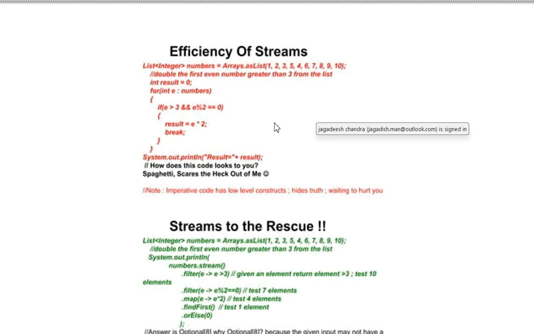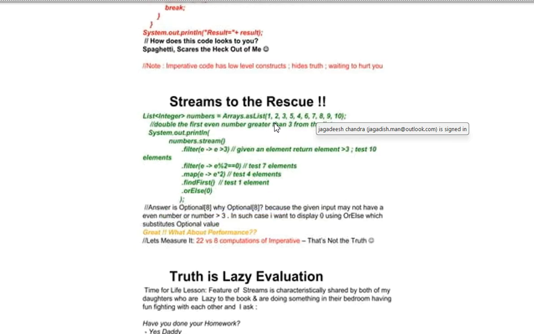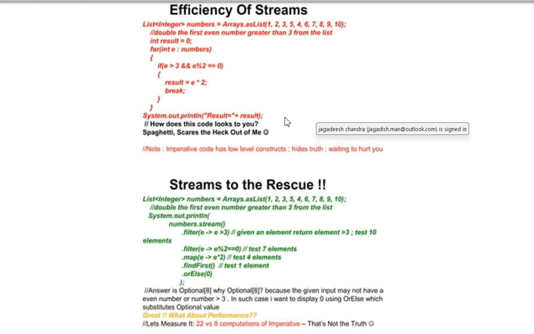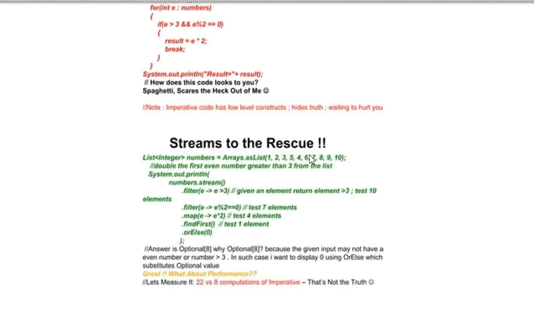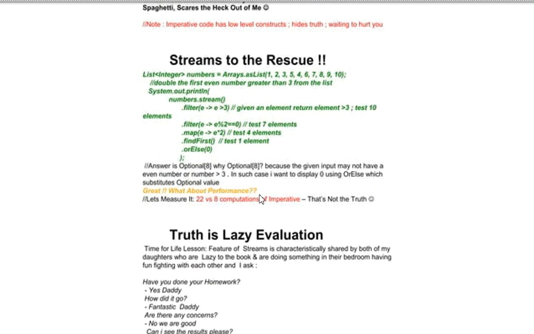So here imperative code has low level constructs, hides truth, waiting to hurt you. And streams to the rool rescue. So how the streams are used to perform the same operation that is done in the above highlighted code snippet. Here streams are used like this with filter, map, reduce, and all these operations. You can do the same operation in a simple manner,